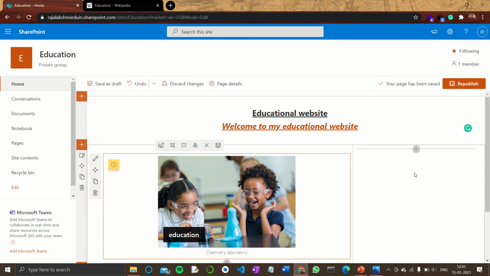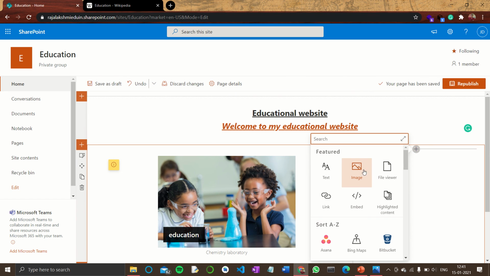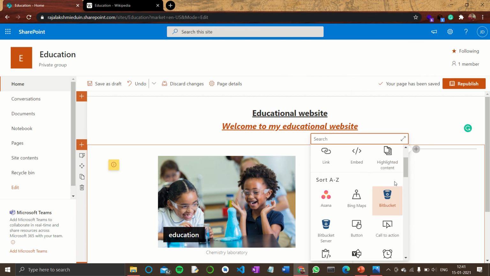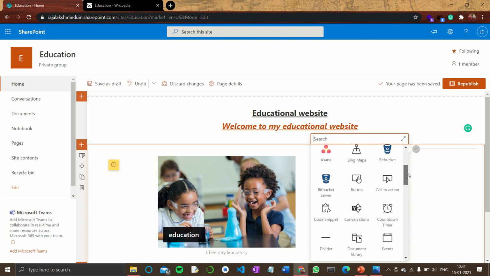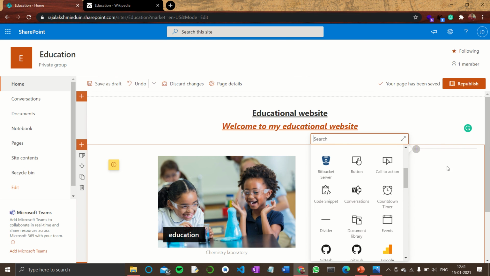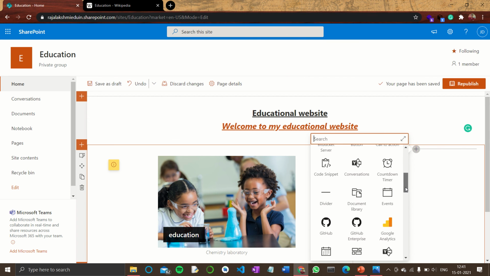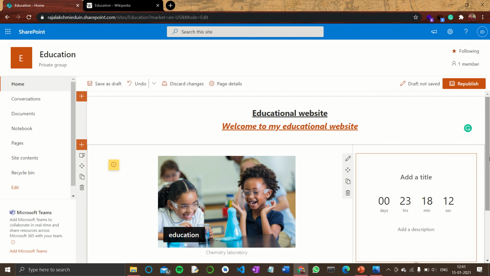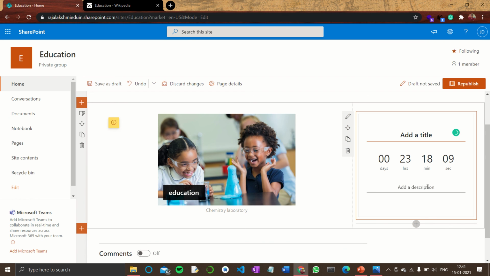If you need any other components, since this is the right part with limited space, let's go for a countdown timer. What is a countdown timer? It can be used for any special event occurring in your educational institution, or any particular event you want to mention.